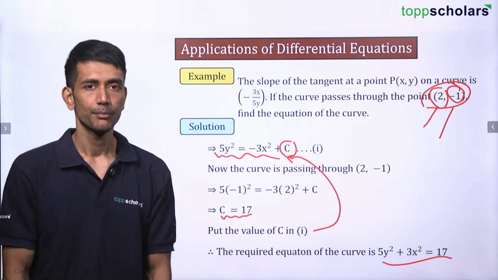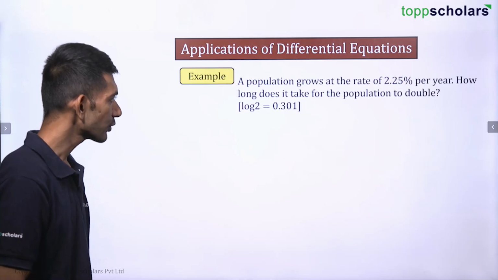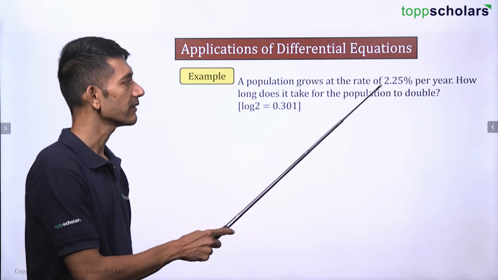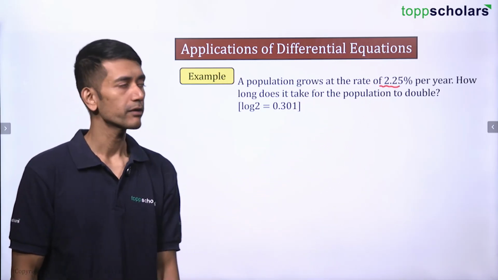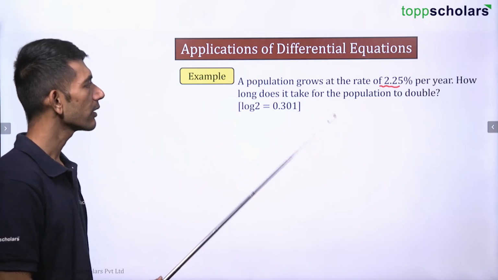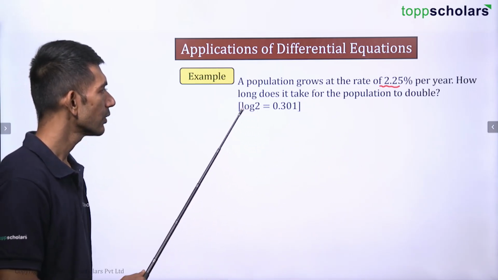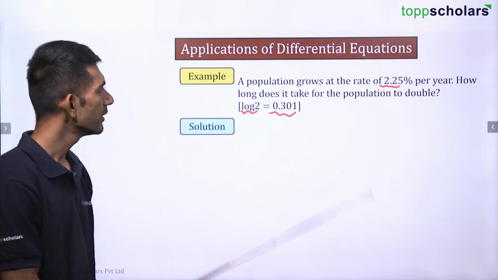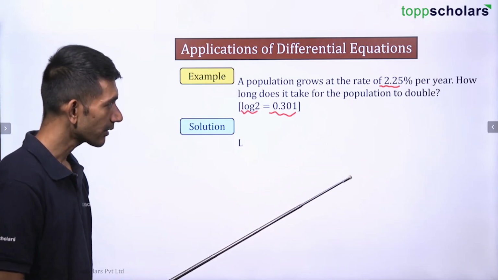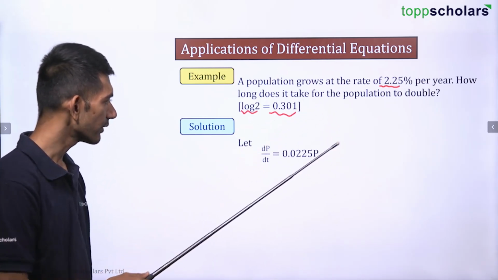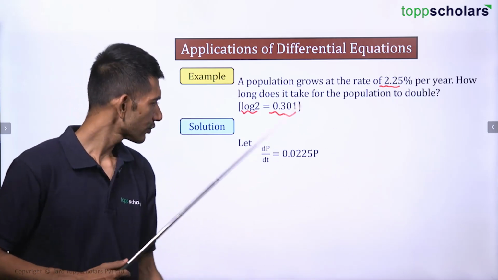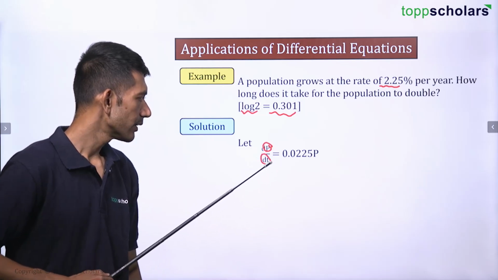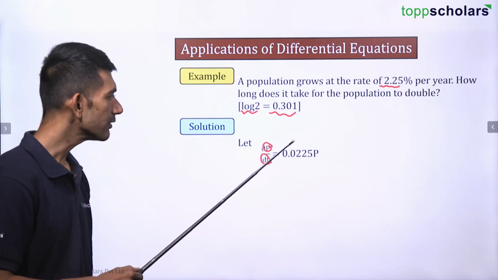Correct? Simple? Okay. Now the next question says a population grows at a rate of 2.25% per year. How long does it take for the population to double? The value of log 2 is given to us, that is 0.301. The population is growing at what rate? The rate is given, that is 2.25. So can I say the rate of change, dp by dt, that is the rate of change of population p with respect to time t, is